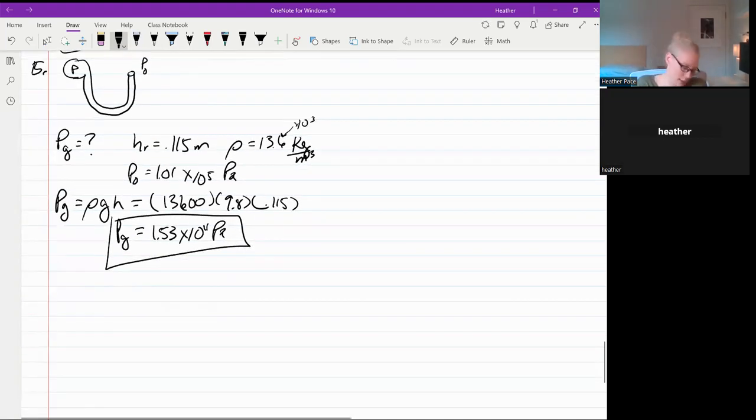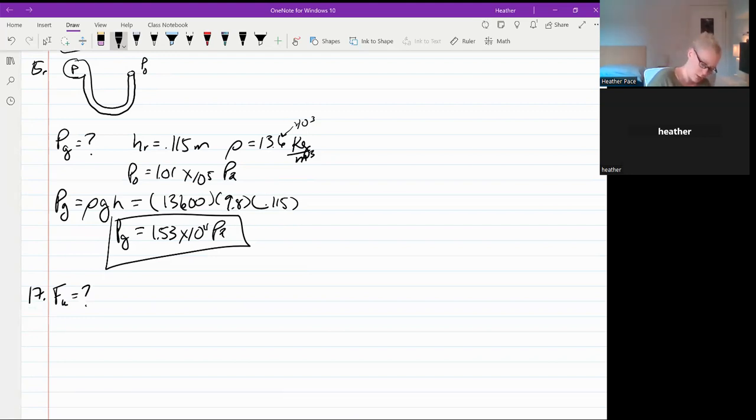All right, moving on to 17. It says, buoyant forces and Archimedes' principle. A table tennis ball has a diameter of 3.8 centimeters and an average density of 0.0840 grams per cubic centimeter. What force is required to hold it completely submerged underwater? Okay, so we are looking for the force underwater. So let's say force U. And we are given